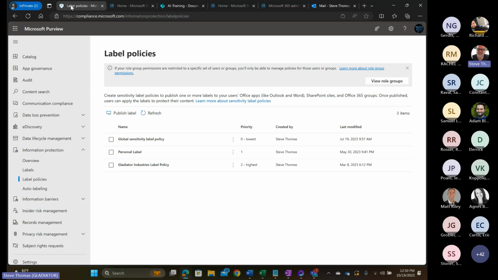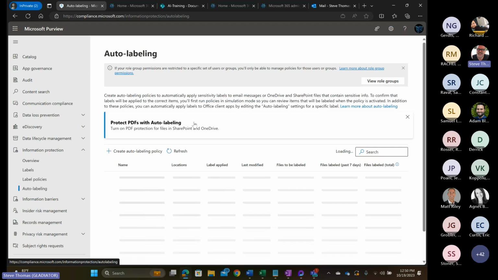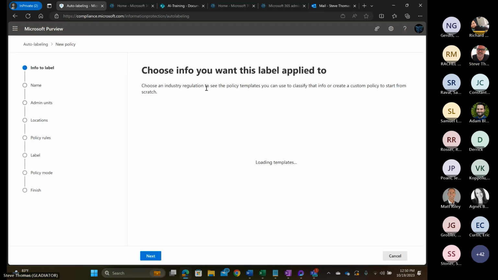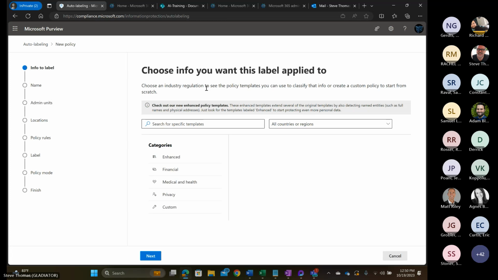Now, if you do want to consider an auto labeling policy, again, as Richard pointed out, you have two approaches that you can do this with. You have some planning with this particular example here that you might want to do in advance. For example, if I wanted to,